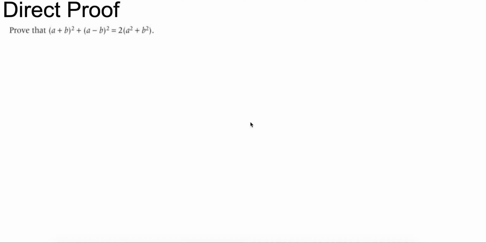Going through a couple of examples of direct proof. Direct proof is one of the easiest proofs you could complete because it just wants you to use your algebra skills just to prove that one side is equal to another. So quite direct. So for example, if I want to prove that this side is equal to the other side,